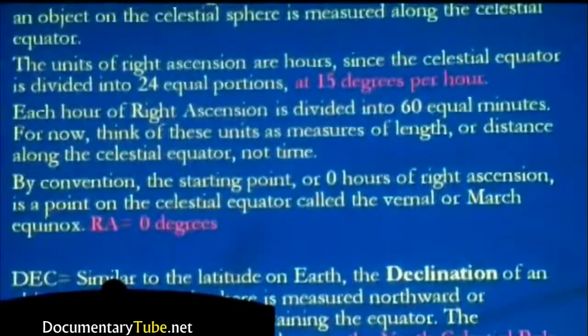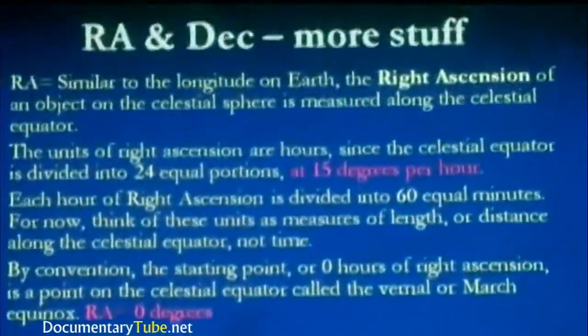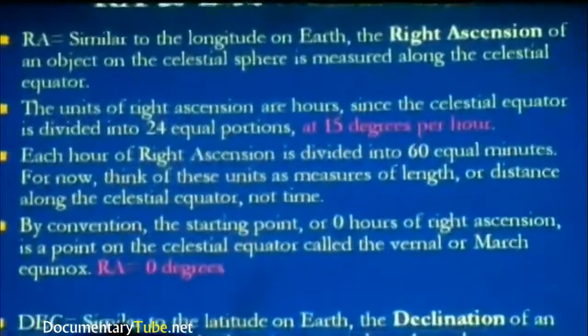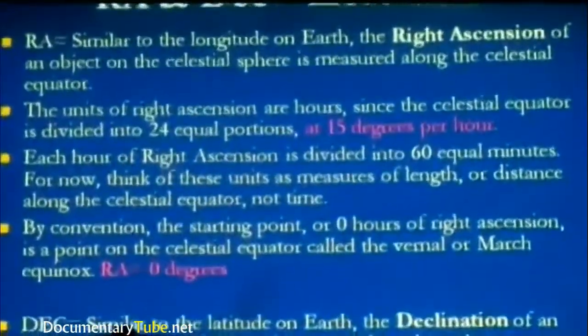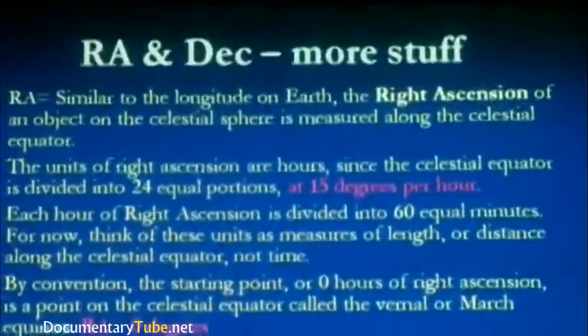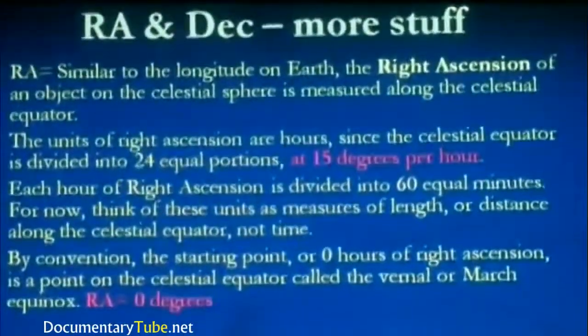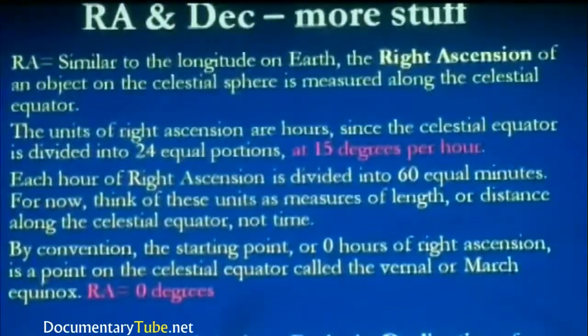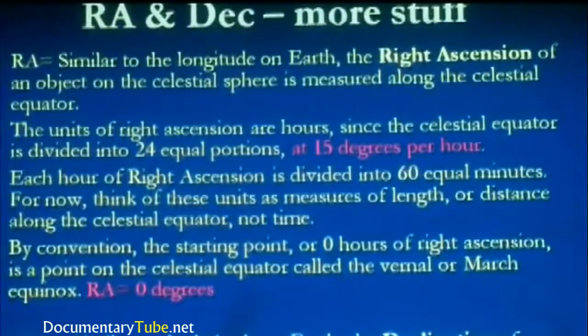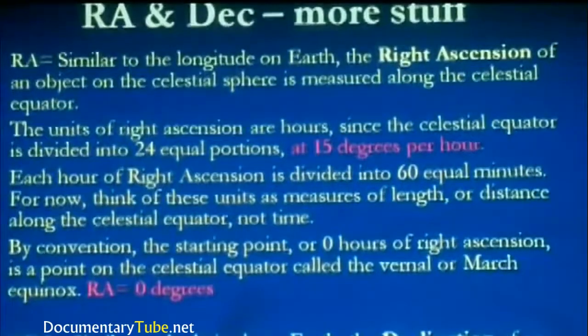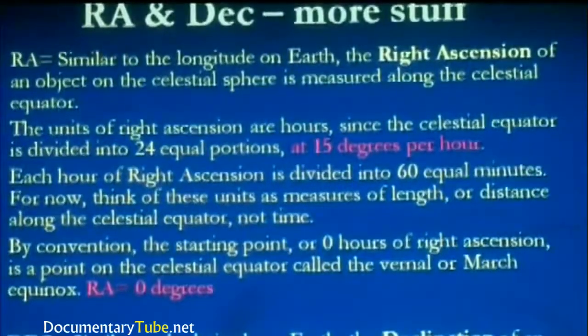Okay, so I know this sounds a little bit confusing, but we're going to make it very simple. Right ascension is similar to the longitude on the Earth. The right ascension of an object on the celestial sphere is measured along the celestial equator. So think about longitude. Longitude lines run north and south on the Earth. So if you were to take and look at the sky and divide it up